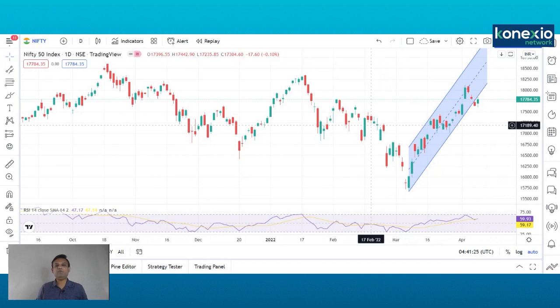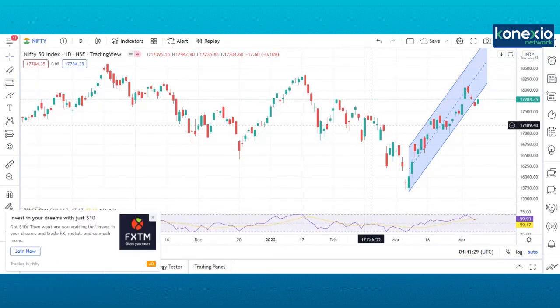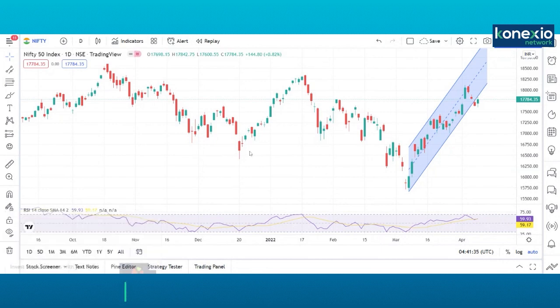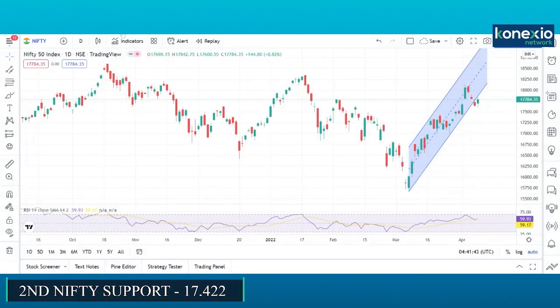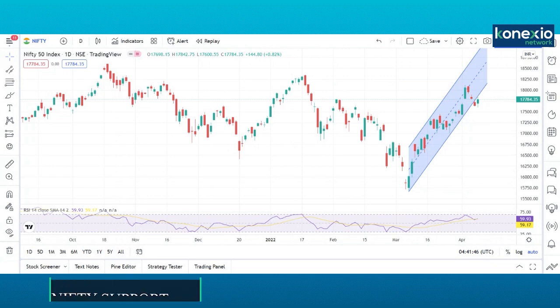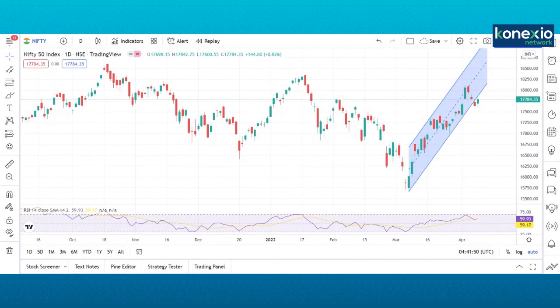Now let us come to the important supports and resistance for the Nifty on the daily charts. The important support in the Nifty for the next week is placed around 17,600 as the first support. Below that, the second support is placed at 17,200. Below that, the third support is placed at 17,325. Whereas on the upside, the first resistance is placed at